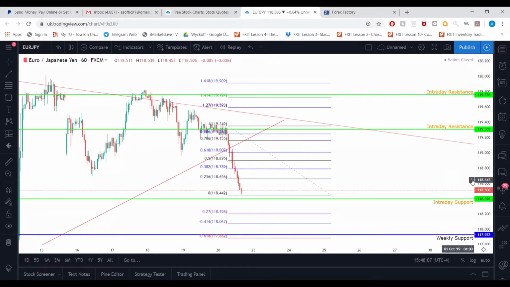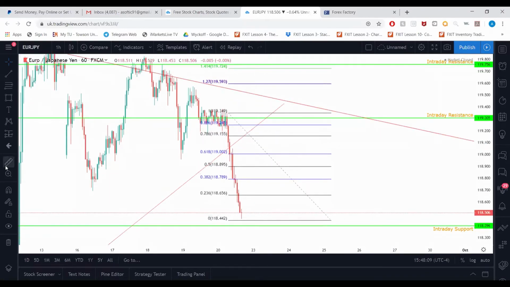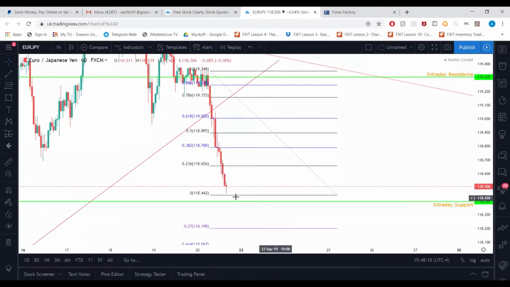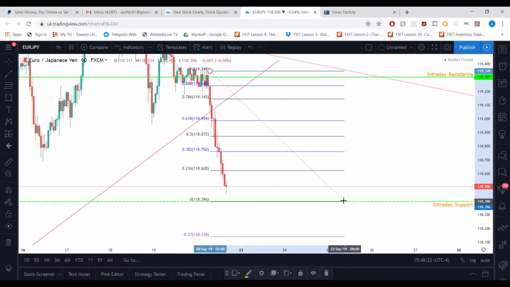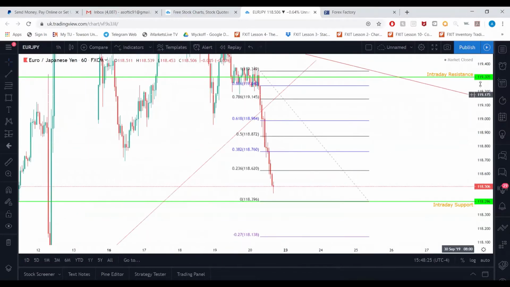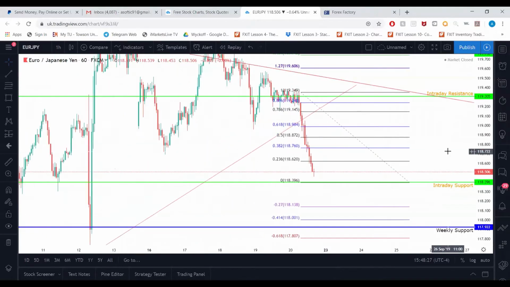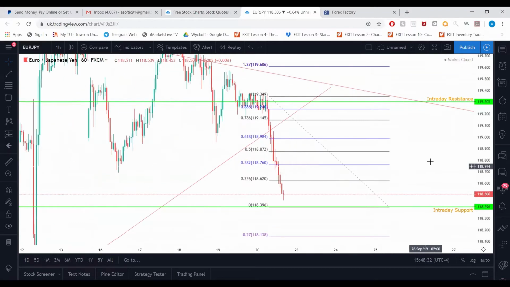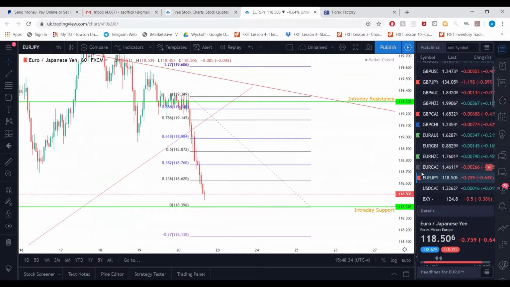I wouldn't enter now, because this has already made an 86 pip move, and it can start retracing at any point, as well as approaching this support. So pay attention to that. This can look like a nice sell. We just have to see where the retrace will stop. And I'm going to mark this one as well. So we have three pairs to follow up on